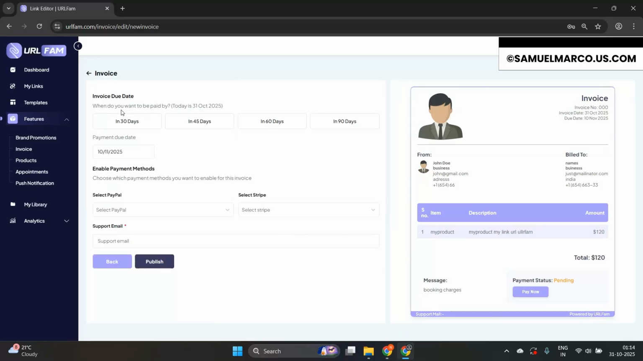After that, it will ask you when you want to be paid by. Today is 31st October 2025, and if you want in 30 days, 45 days, 60 days, or 90 days, you can simply select the date here. And now enable payment method, choose which payment method you want to enable for this invoice. You can select PayPal, you can select the Stripe payment. So simply select the Stripe payment, which I have already integrated from my account section. So I've selected the Stripe payment gateway, and now your support email,